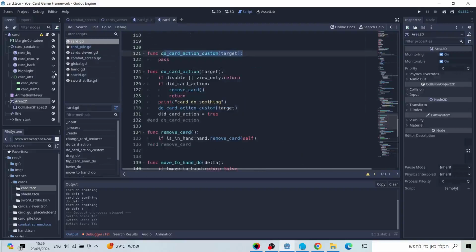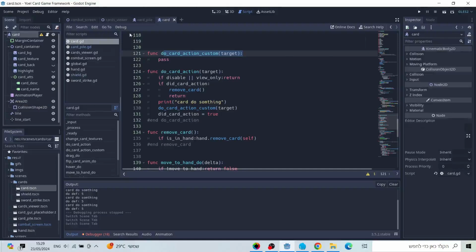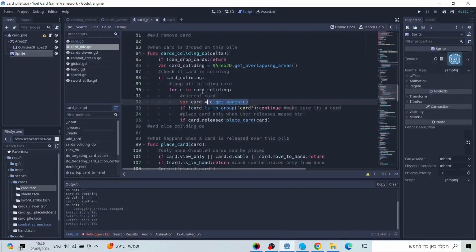Basically, you'll get this area when the card collides with the pile. We want the parent, the card object itself, not its area node. So this will get us the card. We check if it's a card at all. If whatever was colliding with the pile's area is not a card, continue to the next overlapping area. If card released, if you release the card,